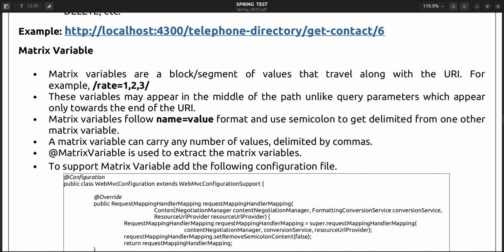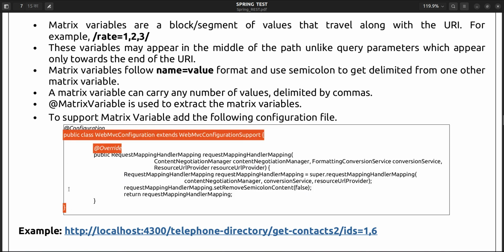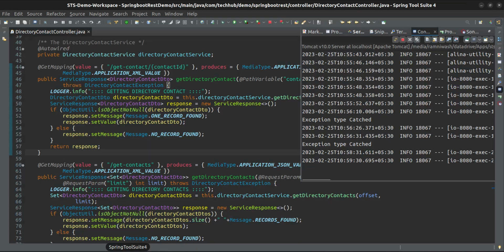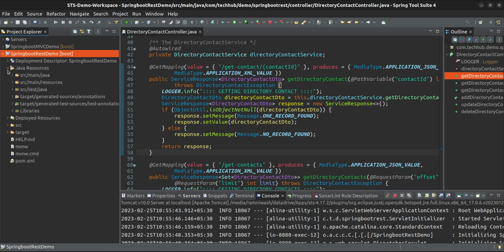To get it supported, we need to add this configuration, and this configuration is only for Spring 2.5 or below versions. But if your Spring Boot is 3, then in that case you have to add this configuration. I will show you.